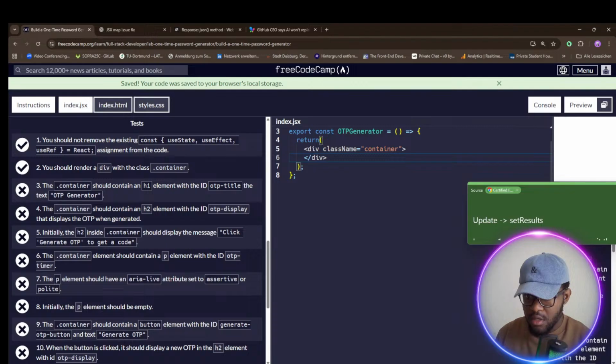The container should contain an h1 element with id otp title, and with the text of